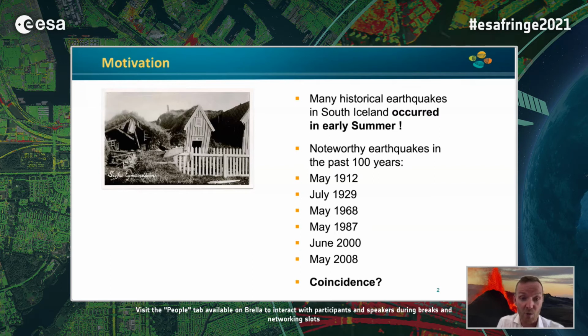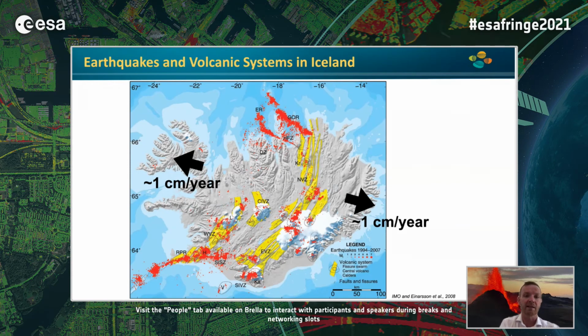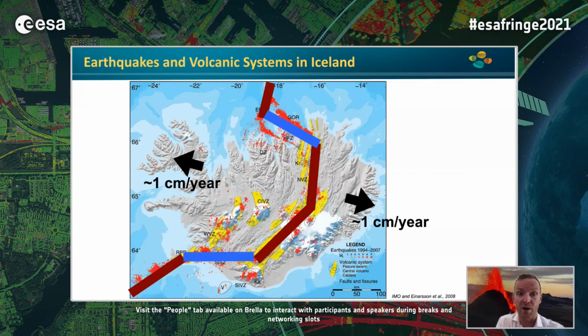So is this really a coincidence? Well, it doesn't look like it. But let's look at the tectonics a little bit. So this is a map of Iceland. It's on the mid-Atlantic plate boundary. We have a divergence of about 2 centimeters per year across these plate ridge segments, and then they're connected with these